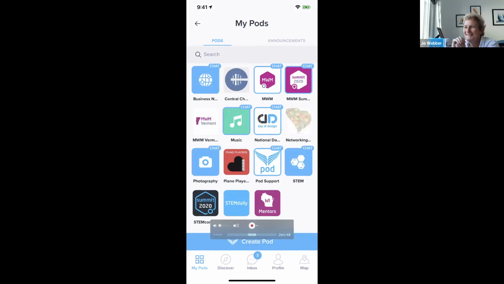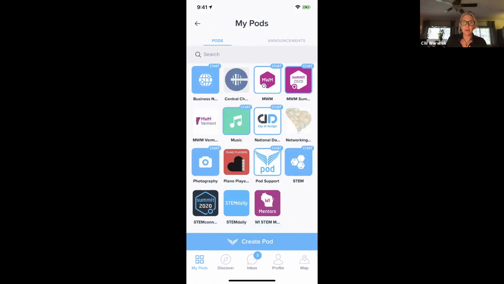The way I think about this, it's like our MWM leadership pod and then our MWM state pods. You probably want everybody to ideally belong to all of them, though that may not make sense at a state level. If you have an MWM Maryland state pod and then want to start some county pods, I would start the county pods, and then figure out who wants to or should be involved in those county level conversations.